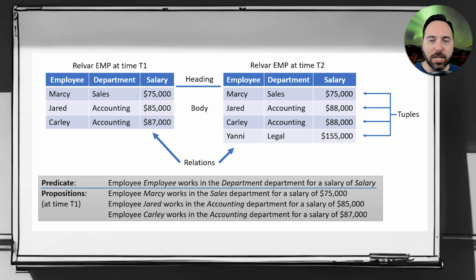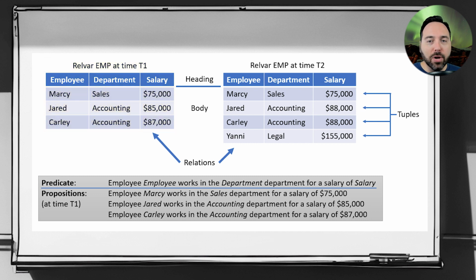At any particular time, the relation variable takes on a specific value, the relation value, which we typically shorten to the term relation. In this diagram, relation variable EMP at time T1 has 3 people in it, Marcy, Jared, and Carly. We collect some information on those people, and we call that the relation value at time T1.